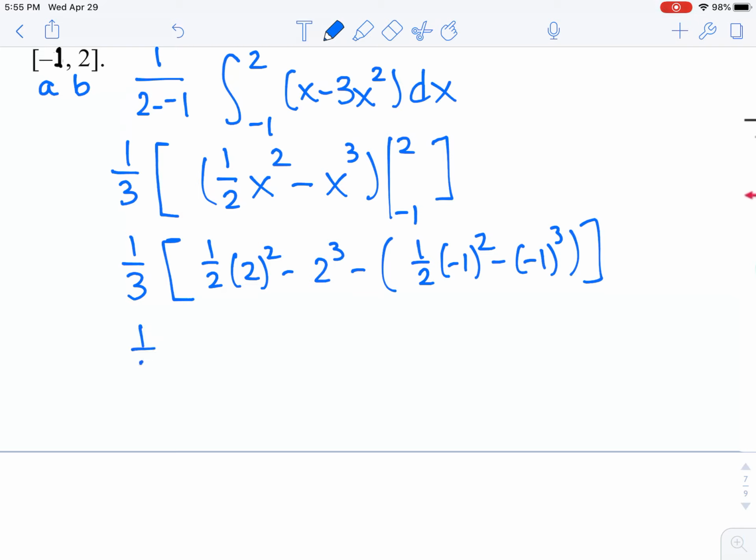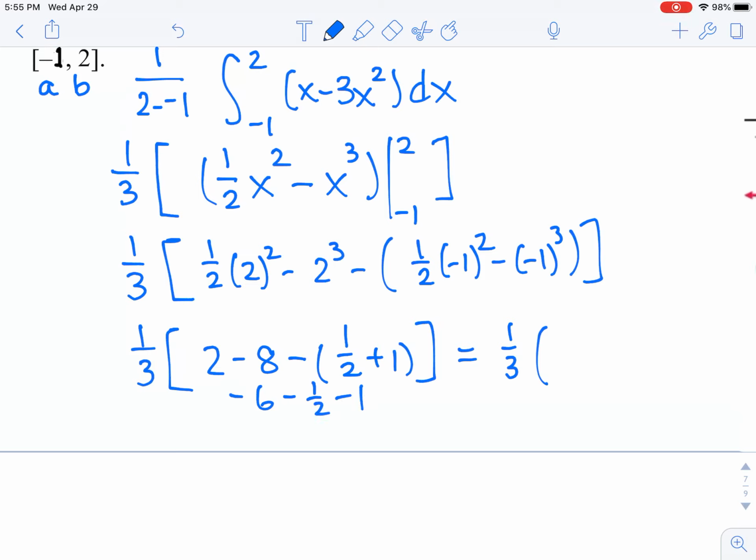Simplifying that, one half times 2 squared is 1/2 times 4, which is 2 minus 8 minus -1 squared is 1, so this is 1/2. -1 cubed is -1, so this is plus 1. 2 minus 8 is -6, minus 1/2 is -6.5 plus 1 is -5.5. It's -7.5, which is -15/2,